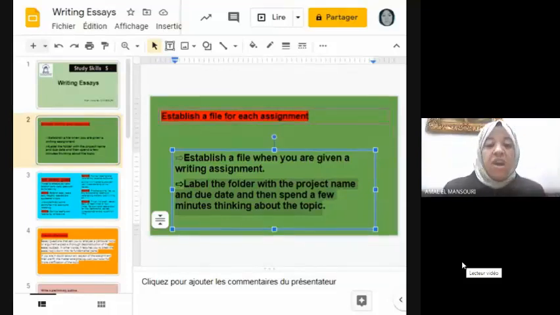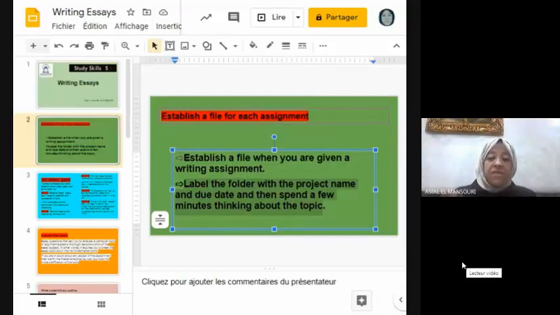So let's talk about interpreting your assignment. You should start by working out what you are being asked to do and what type of assignment you should produce. So at this stage, you have to take your time to understand the conventions of each type of assignment.